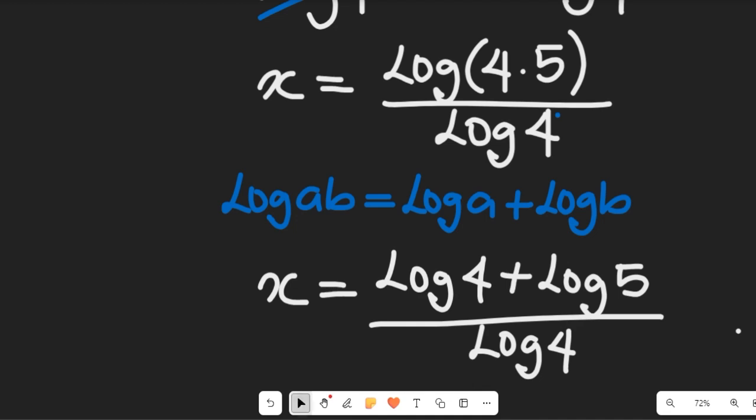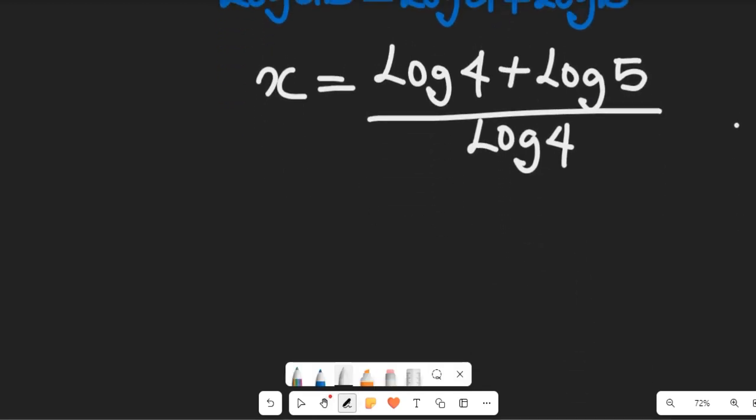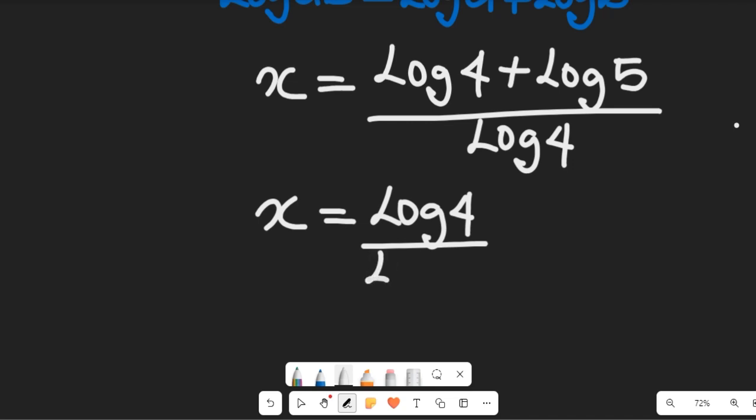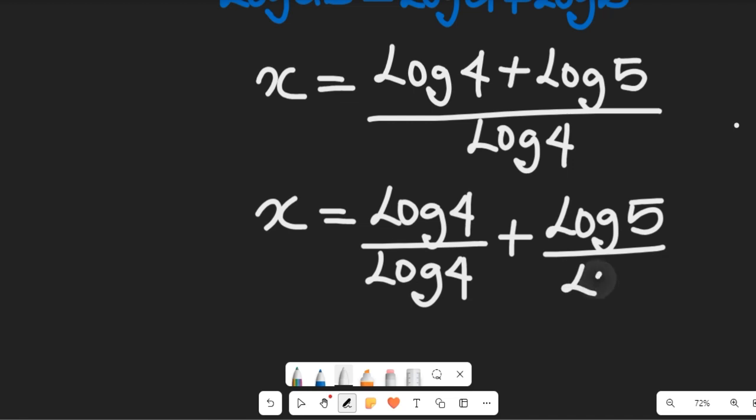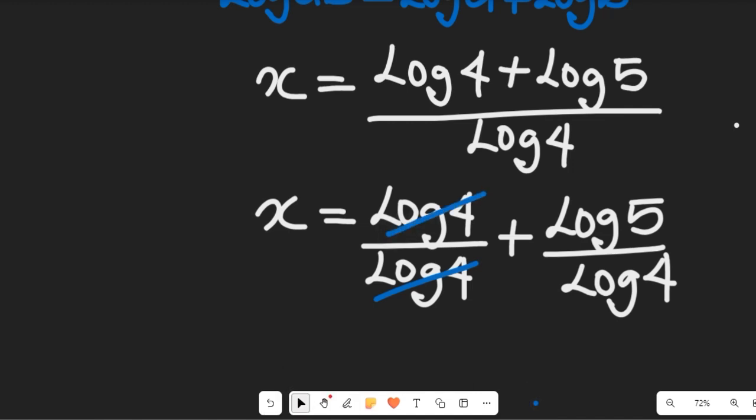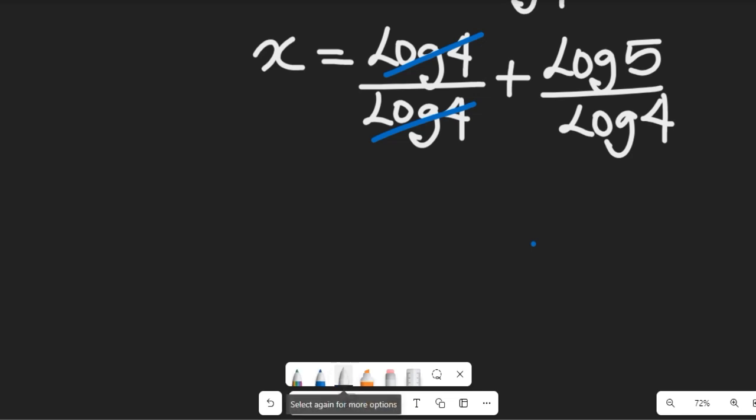Great. Now in the next step, I can simplify this. If I simplify this, I'll have my x equal to the log of 4 divided by the log of 4, and this will be plus log of 5 divided by the log of 4. So from here, what will happen? Log of 4 will cancel out log of 4, and that will give us 1. And the value of our x will now be equal to 1 plus the log of